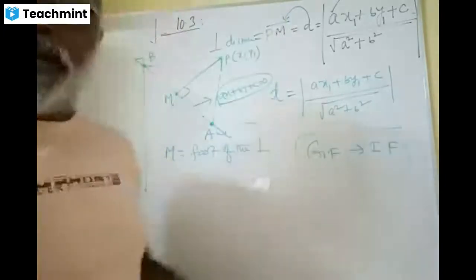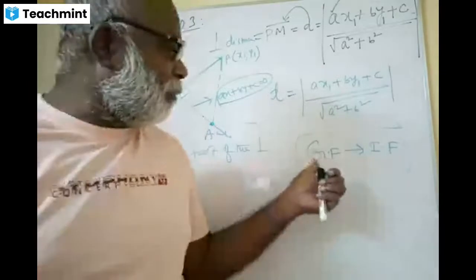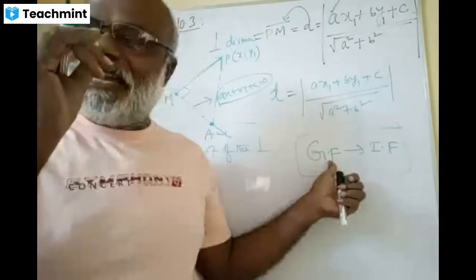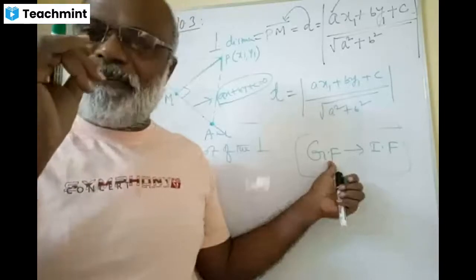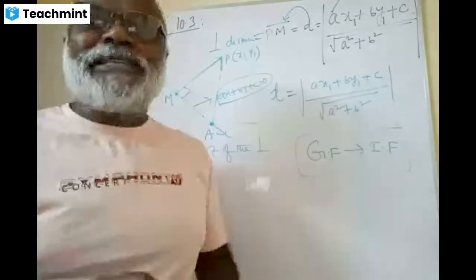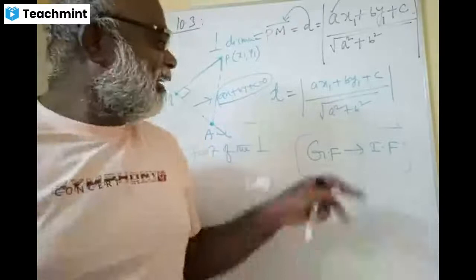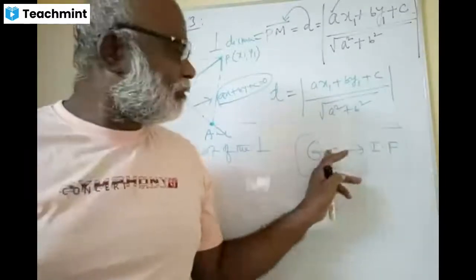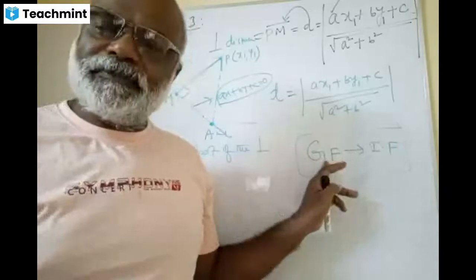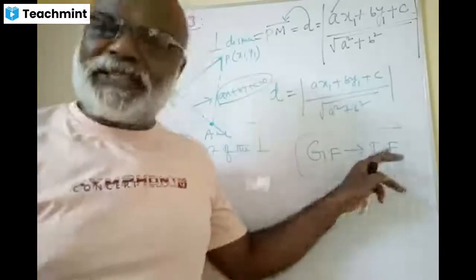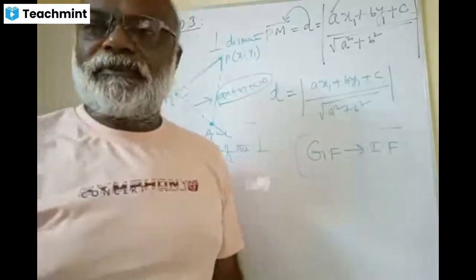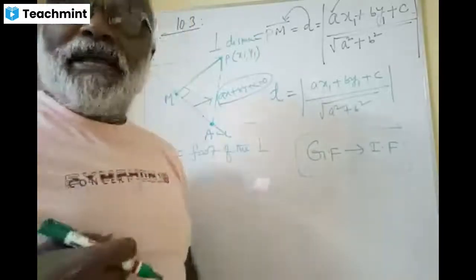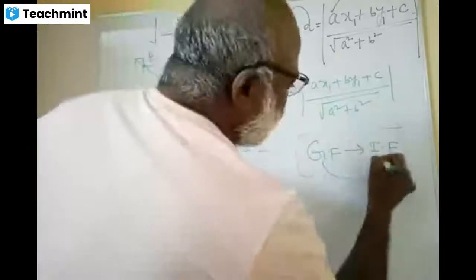I think you people think very differently. Boys may think GF1. Sorry, VIP. Vivek will use these code words, correct? GF and IF. What does GF stand for in our case? General form. And IF stands for? Intercept form. Yes. Friends, how do you transform the general form to intercept form?